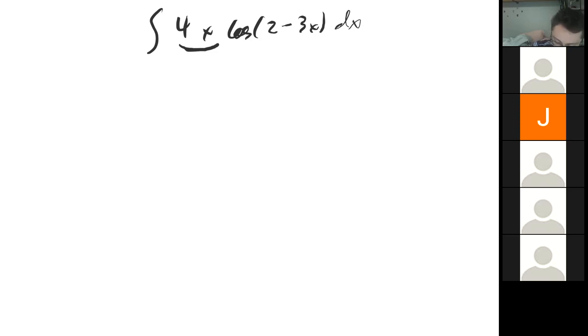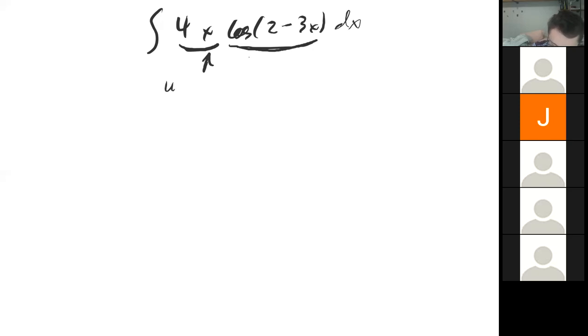Right, so for the first problem, the only thing you can reasonably do is take a derivative of cosine. So let me write the problem. You have the integral of 4x cosine(2 minus 3x) dx, and you're integrating this thing. You notice an x here. And what's stopping you from doing the integral? If you have cosine(2 minus 3x), you know how to integrate that. But because there's an x outside that's not the derivative of something inside, this is the holdup. And so in order to fix this, we can